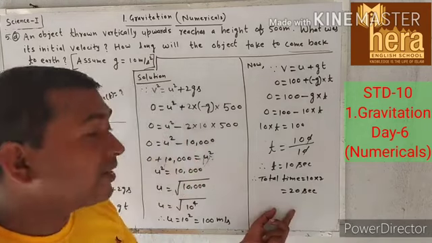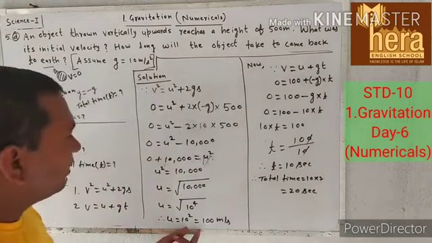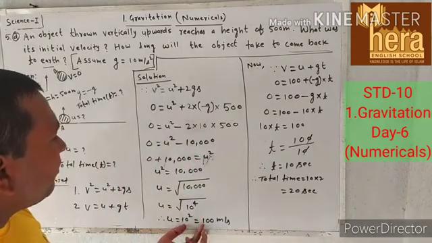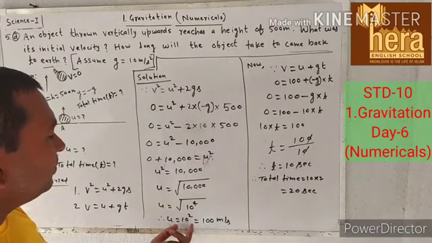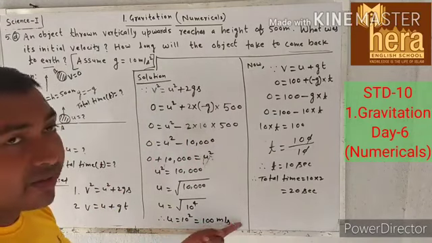So you have to write in the language right here the initial velocity of an object is equal to 100 meter per second right here, and total time is equal to 20 seconds. Write in the language, I am not writing, but you have to write the initial velocity of an object is equal to 100 meter per second and total time to come back on the surface of Earth is equal to 20 seconds. Right here, don't skip.